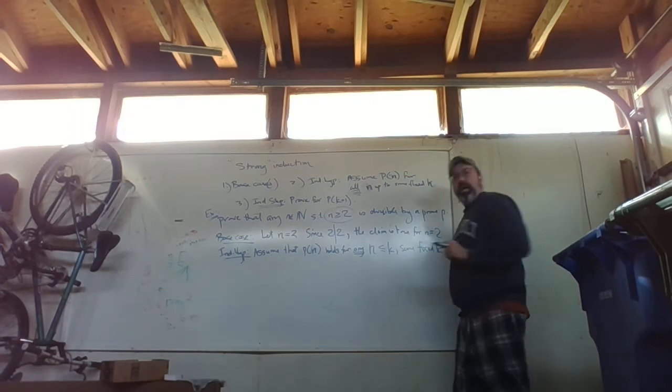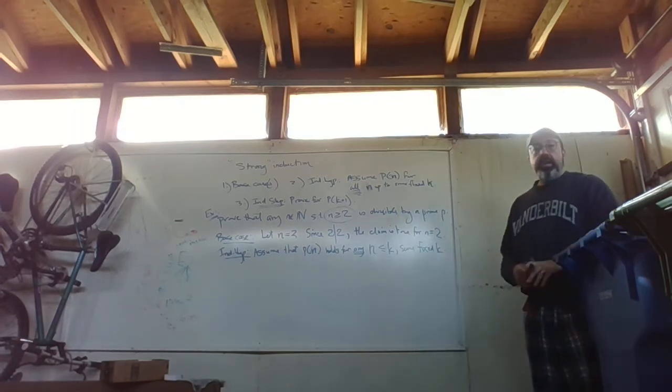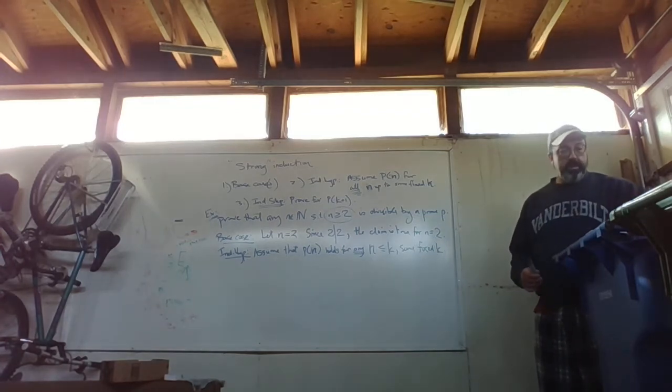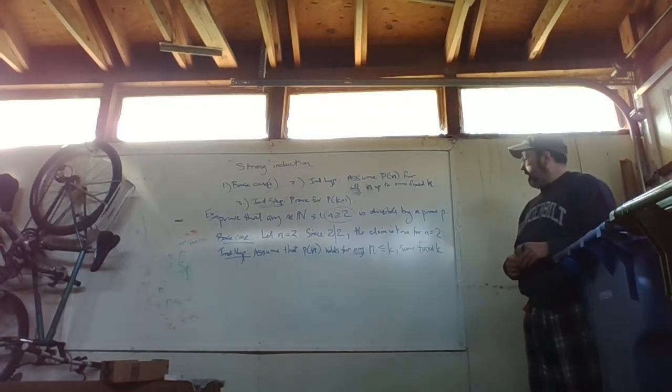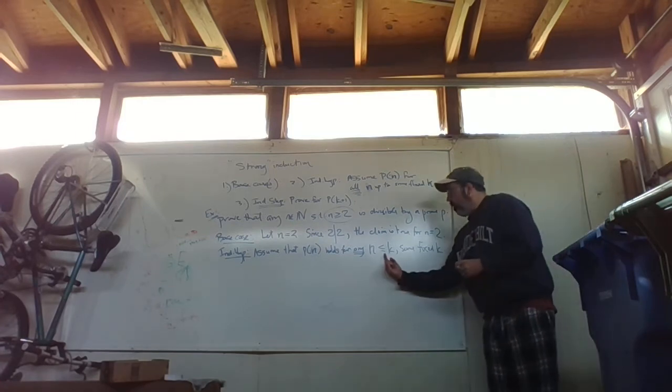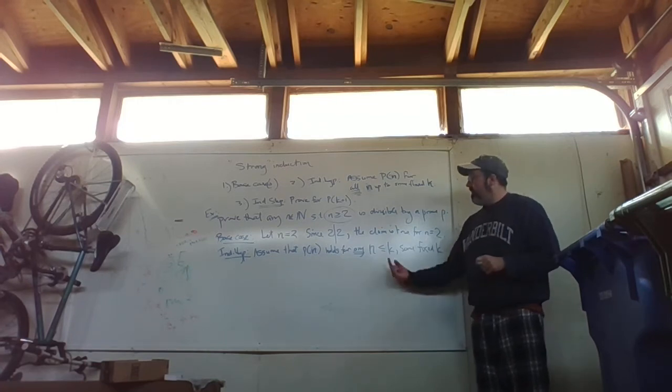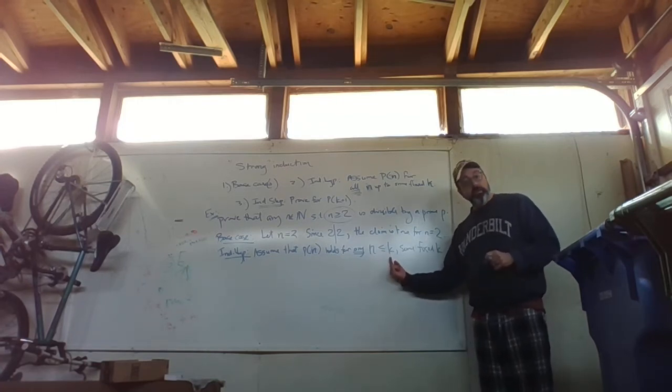And again, just to highlight the difference between this and ordinary induction, or what we have been calling mathematical induction so far, in this case we're assuming it for all n less than or equal to k. We're not just assuming P of k, we're assuming P of n for all n up to and including k,